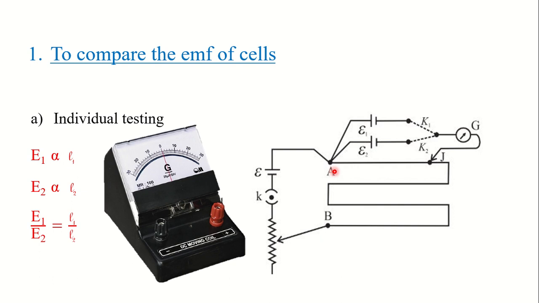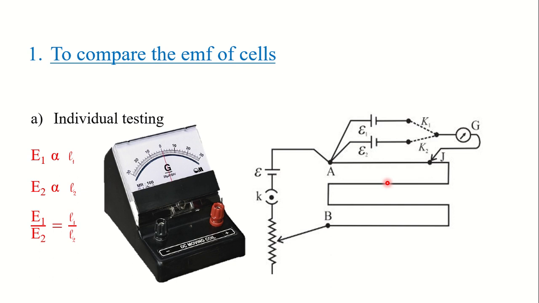After getting the deflection like this, it is clear that between A and B, there will be a point where the galvanometer will give you zero deflection. So you have to tap the jockey at points from A to B and find the point where the galvanometer is showing zero deflection. And you will measure the length of the wire where you are getting zero deflection in the galvanometer.